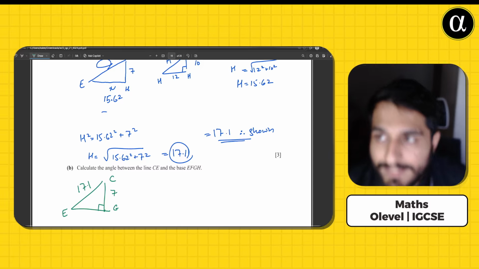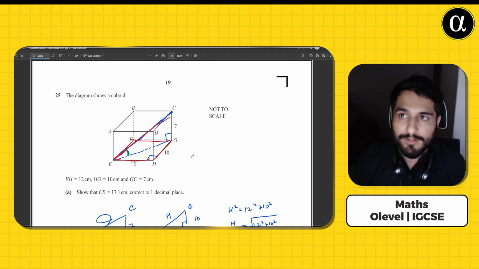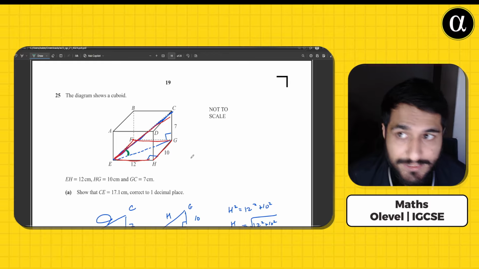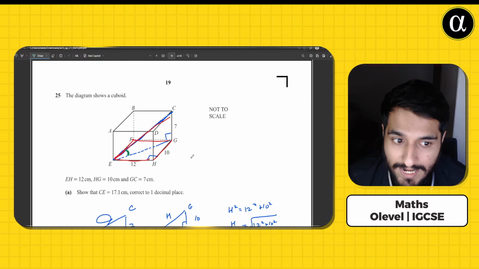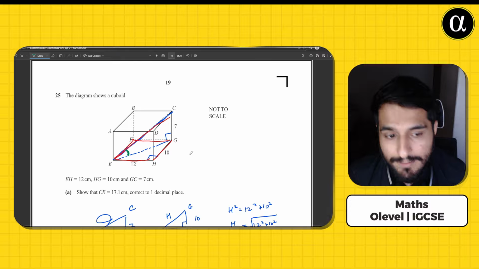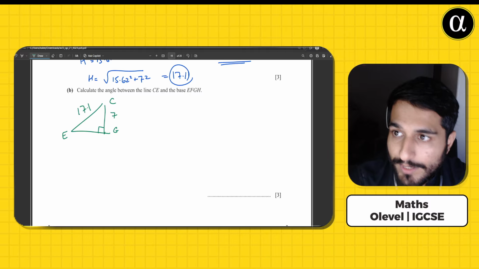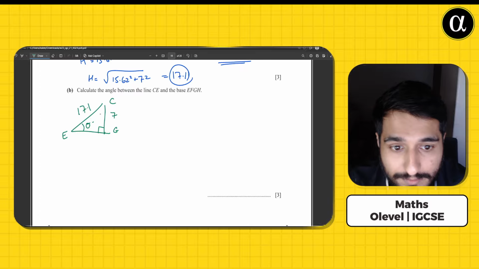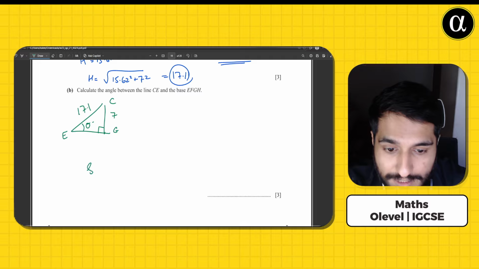Now, why are we finding the angle between EG and CE, and why not the base? Because we cannot find an angle between the base and a straight line at this O level age. So what we are going to do is find the angle between two lines, which is going to be this theta. And how can we find this? It's going to be opposite over hypotenuse. This seems to be the trigonometric ratio of sine, so sine theta is equal to 7 over